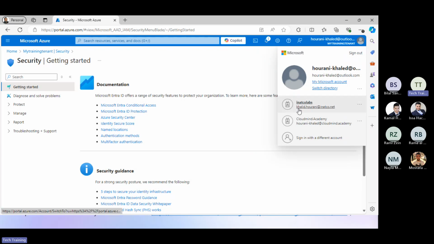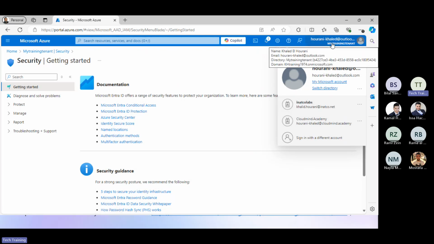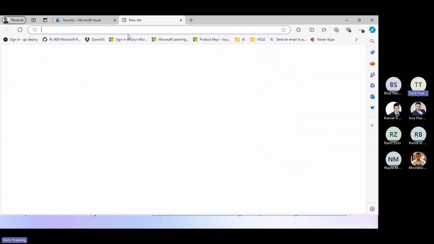When I press here, because I have different tenants, because I'm working with different suppliers, I have, as you can see, Inatco, Cloud Labs, also within this email or this login. Also I can see this is an Azure. I can see tenants related also to CTS. While if I go to Office, let's say,